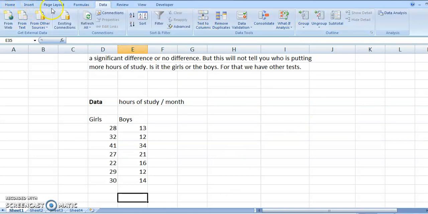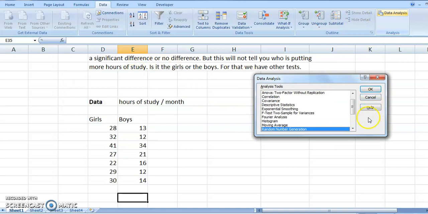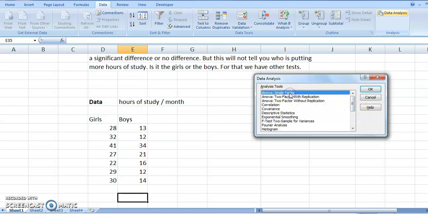Now what do you do? You go to the Data tab. See here, there is Home, Insert, Formula, Page Layout, Data, Review, View, Developer. You go to Data, and there is this last option called Data Analysis, the tools for financial and scientific analysis. Just click it, and you get this Data Analysis dialog. In it you have many tests like ANOVA single factor, ANOVA two factor with replication and without replication, correlation, covariance, descriptive statistics.